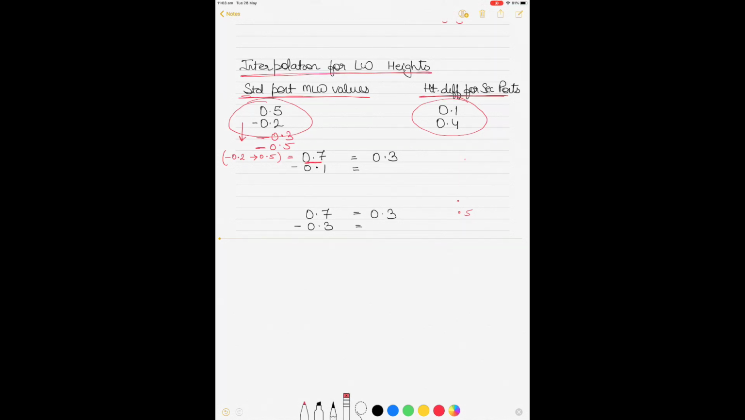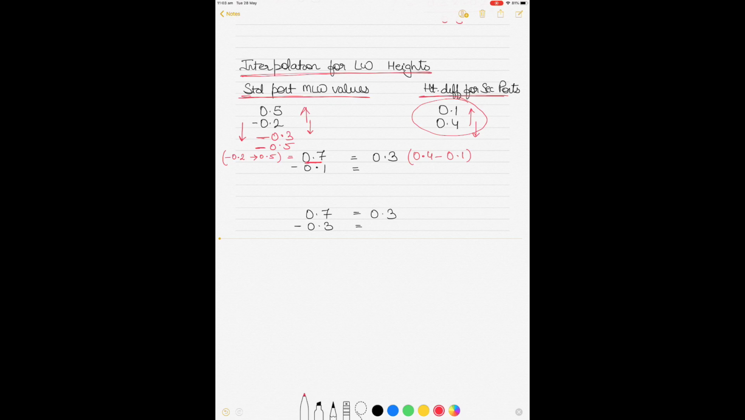So for a difference of 0.7, as the numbers go from minus 0.2 to 0.5, the height actually decreases from 0.4 to 0.1. So there is a decrease of 0.3, so height is decreasing. All right, so therefore if we go down, height should be increasing. So as we go down from minus 0.2 to the required heights of minus 0.3 and minus 0.5, height should be increasing,